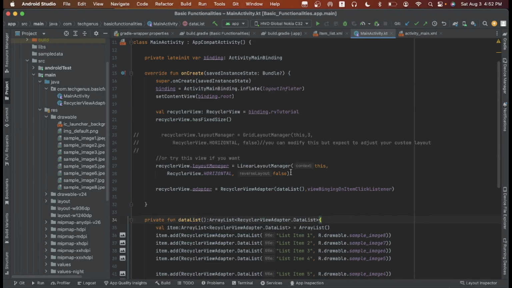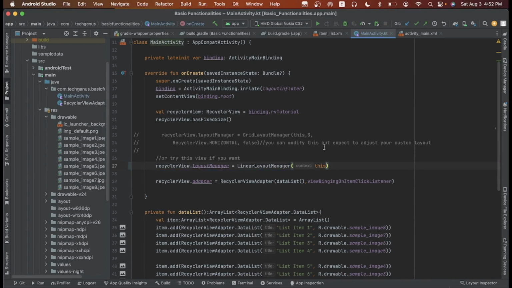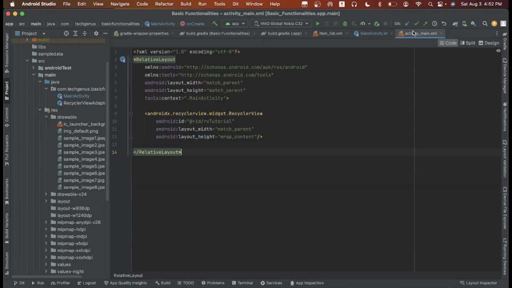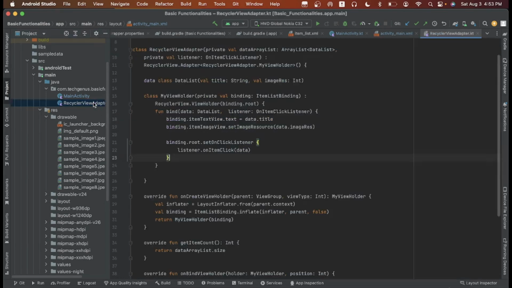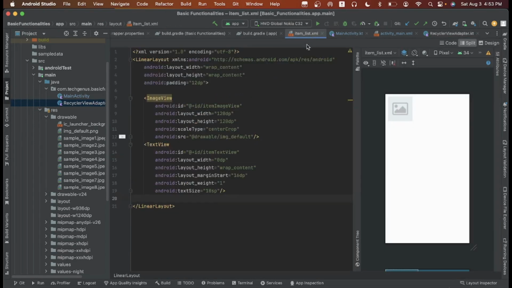I will delete this to make a linear layout for the RecyclerView. Here is our RecyclerView adapter, and this is the item list.